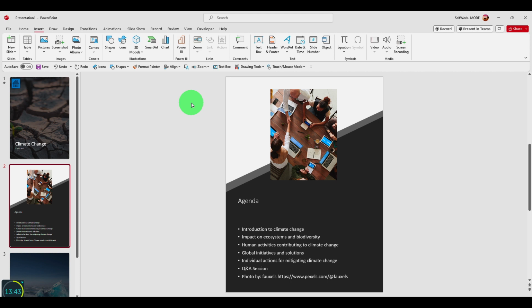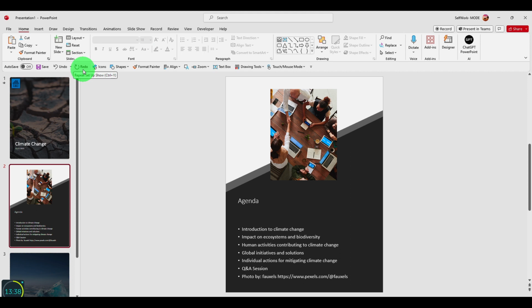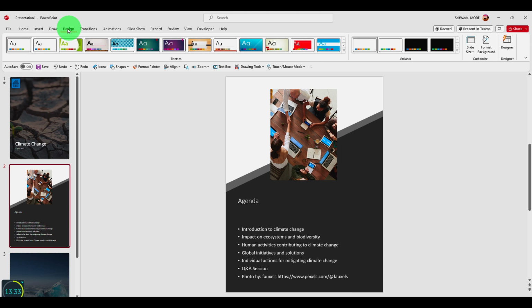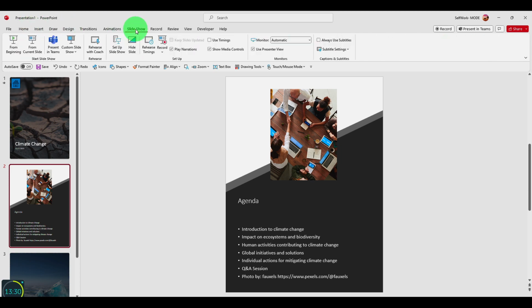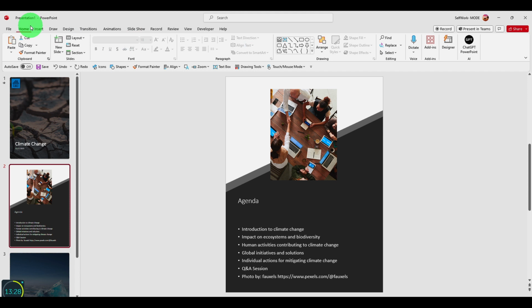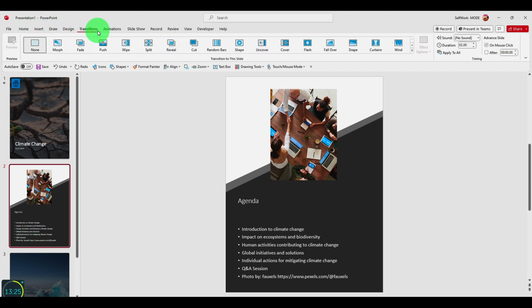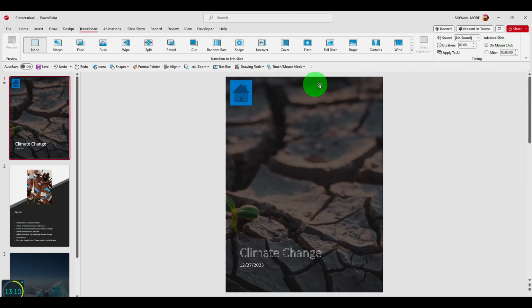And now I'm gonna show you exactly what you have to do. So first of all, it's very important to go to transitions, and here in transitions make sure you go to advance slide, and here it is selected on mouse click. Make sure you check after, and here for the second one, if you click on the first slide, we have